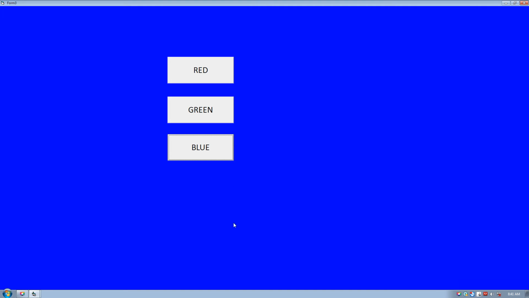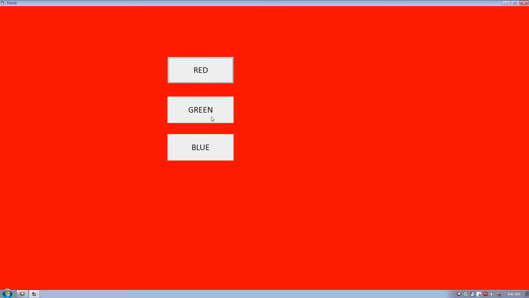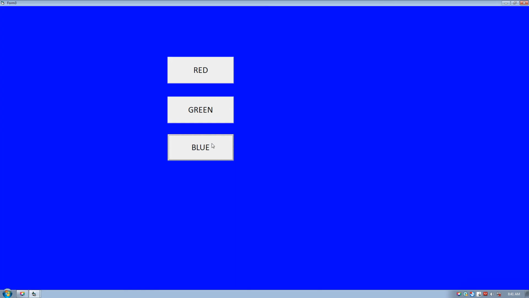Or suppose the last button is no color. So you can set it to white. It is also possible. Did you get this? Red, green, blue. Now it is also not compulsory that you take the action in sequence. It is not compulsory.